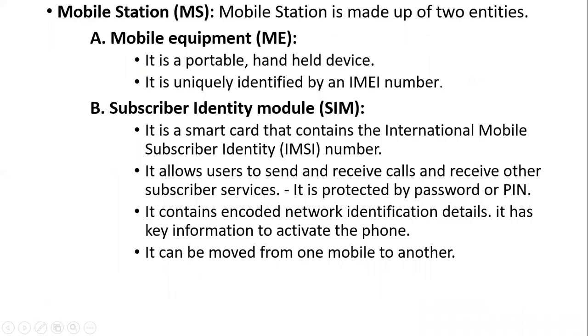So from the exam point of view, you have to study the operation of each part involved in the GSM architecture, the basic function of each unit. You can expect questions from that. For that, first consider the mobile station. The mobile station is made up of two entities. One is the mobile equipment, that is nothing but your handheld mobile phone, and the next one is the subscriber identity module, the SIM card. You know the use of both the mobile and the SIM card, and together they are considered the mobile station.